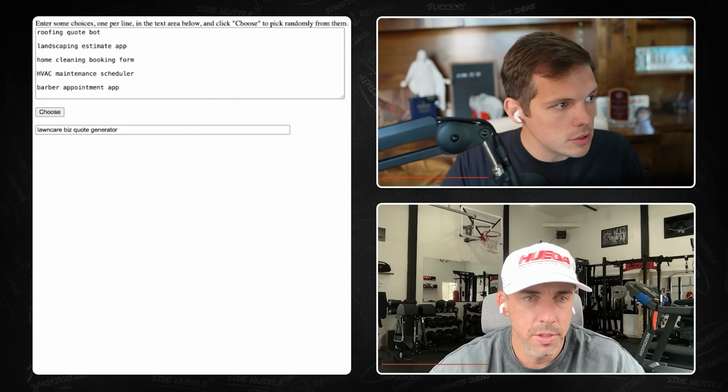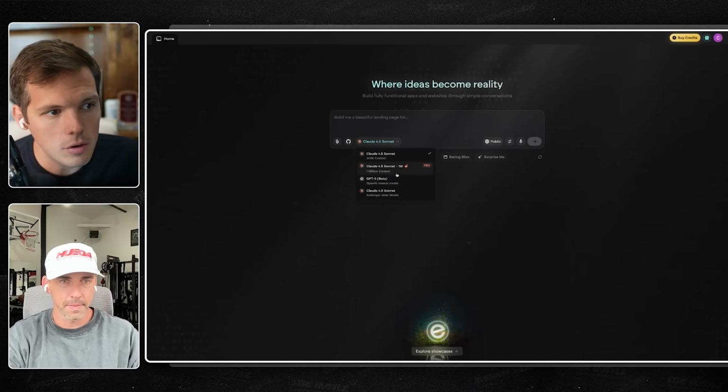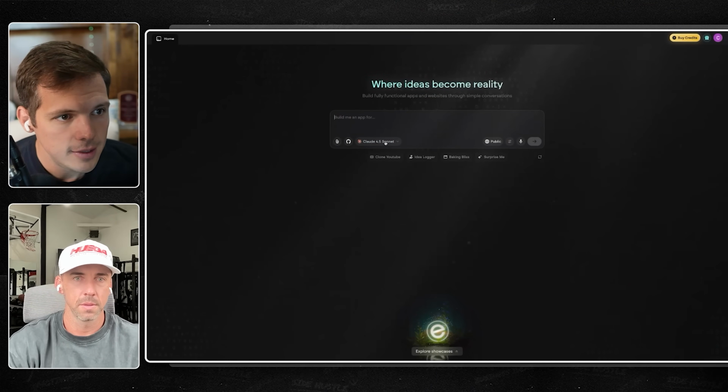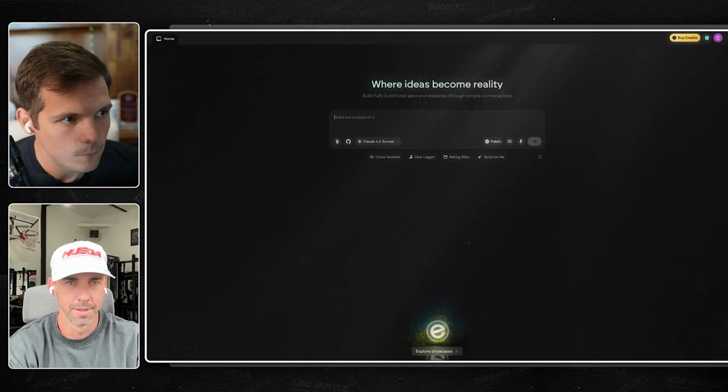I'm going to Emergent right now. So we're each recording our screens, but we're obviously looking at our own screen. Let's see who can build it fastest and who can build it best. With Emergent, it looks like we can choose our own model. So that's another variable that you and I can decide. Yeah, that's cool. All right, ready? Yeah.